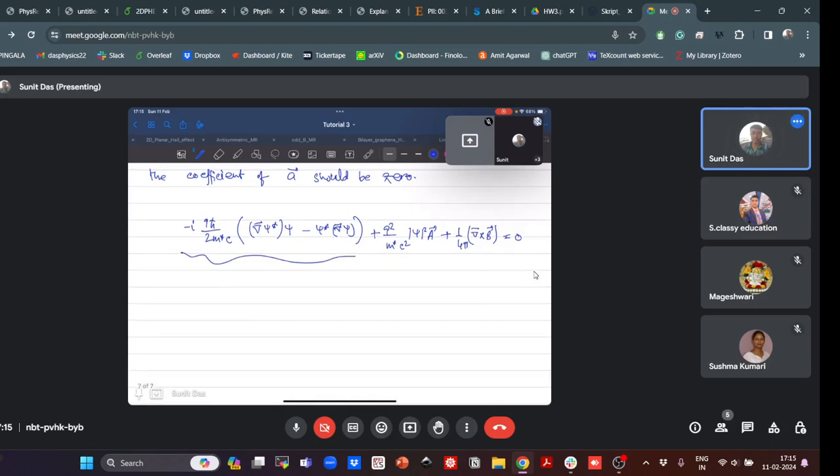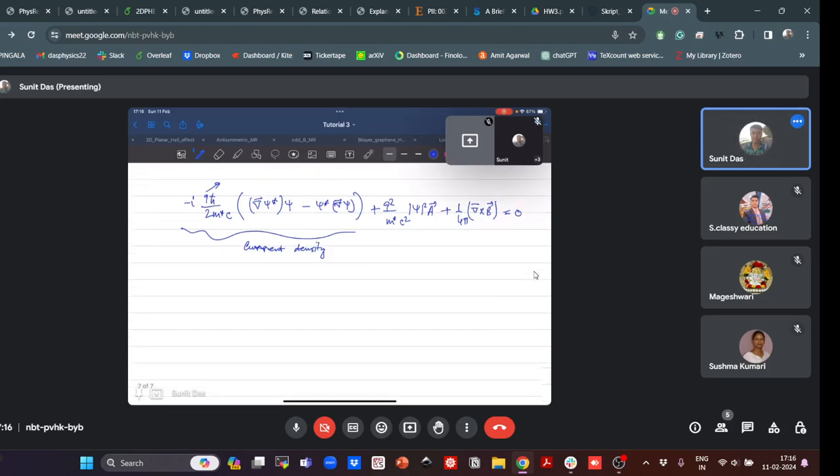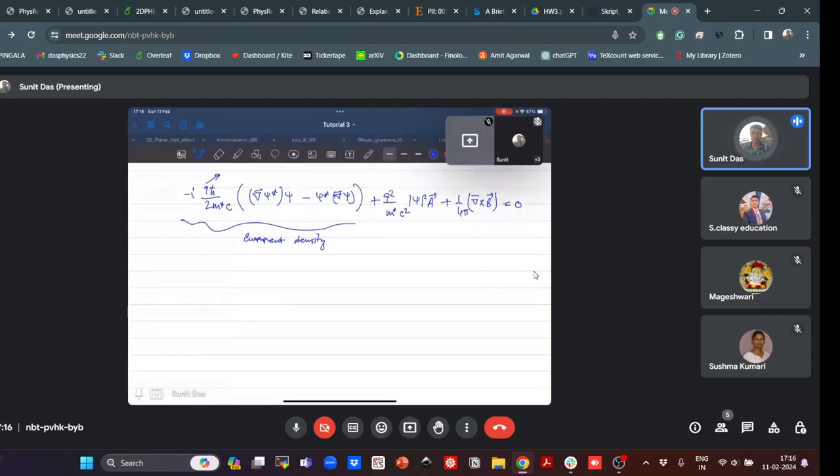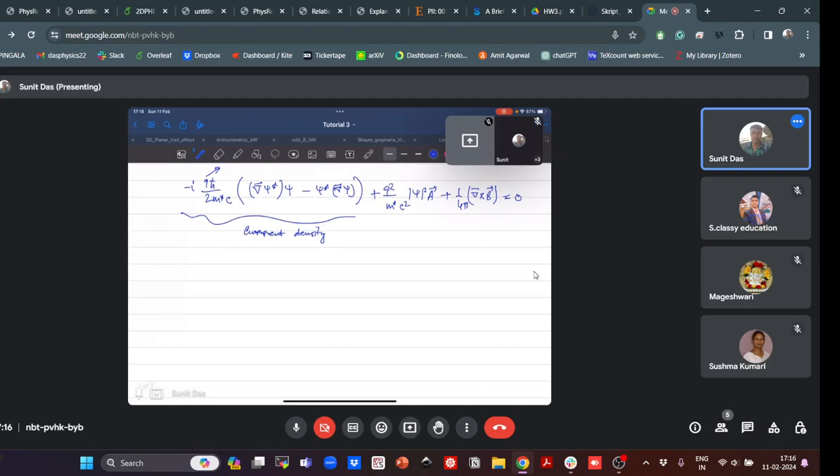This is the expression for current density, or at least it is proportional to the current density, because there it doesn't have to be q, the charge may not be there, it depends on which current density we are talking about, right? So this is 0, meaning we have,